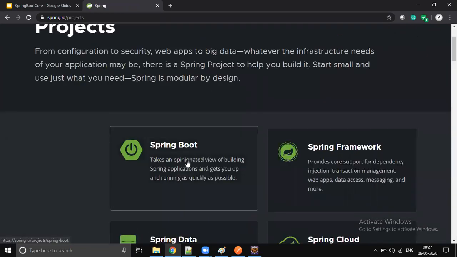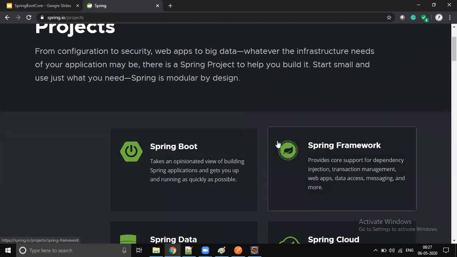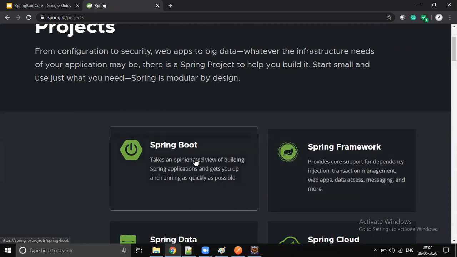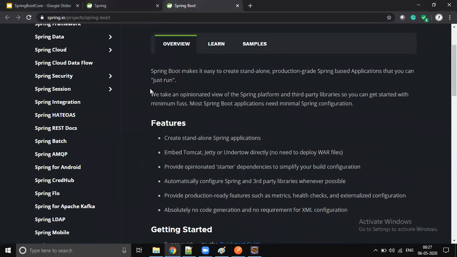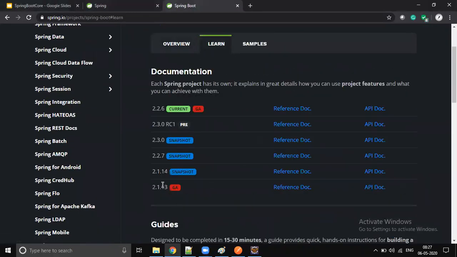But actually, when Spring started, we were talking about Spring 1, Spring 2, Spring 3. So there is a slight version difference between Spring Boot and Spring Framework, because Spring Boot is something new. This is not there since the Spring beginning, right? So this is something new. That is the reason why, whenever we are talking about Spring Boot, you see a different version history, right? So it's like 2, 2.1, 2.6. It's not like 4, 5, whatever we are discussing.